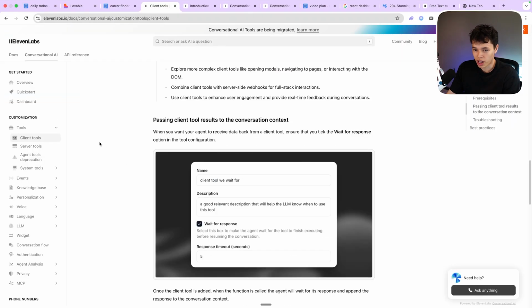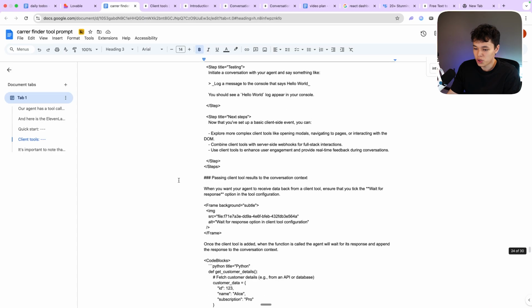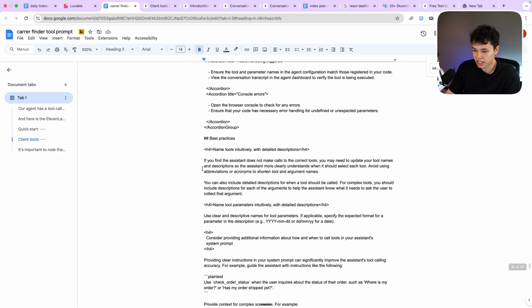And the reason why I picked client tools and not server tools or system tools is because we don't actually want to interact with ElevenLabs through the server. We want to do it directly through our client. And the client is just kind of the front end. So we want to interact with ElevenLabs directly through the front end, which means that we won't actually be using any kind of private API keys. We will just be using this public agent ID instead, which is kind of different from what we usually do when we interact with like OpenAI. Then we have to go through the server and actually provide an API key.